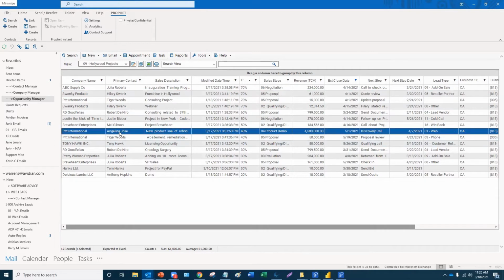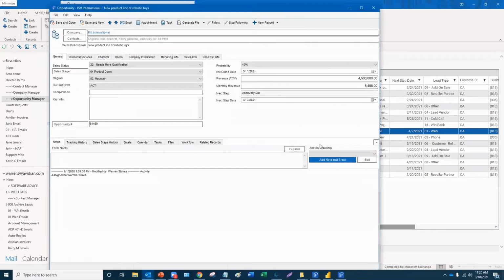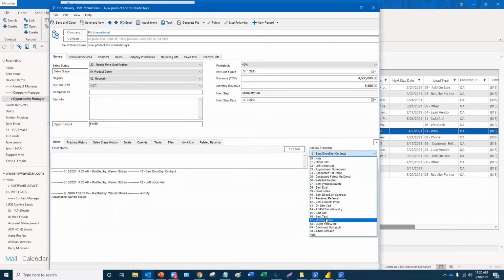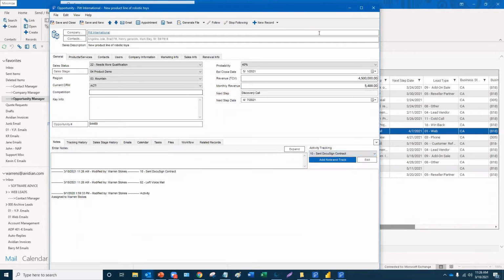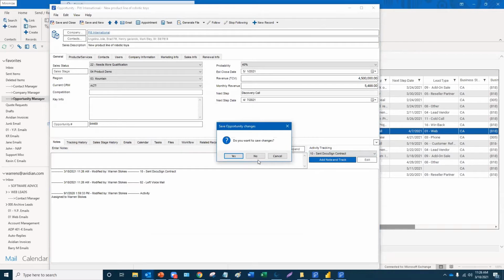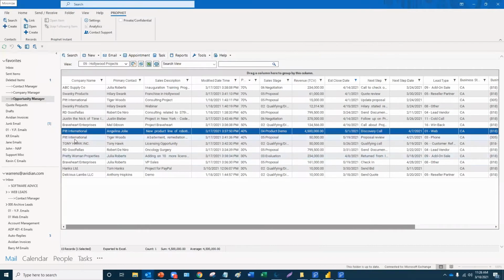Pretty simple. And just by way of clarity here, these notes are coming from whatever I put in here. Left a voicemail, sent a quote, DocuSigned contract. You can put text in here if you want. That's where that's all coming from. You can run reports like this for companies and contacts as well. But what I was showing you there was the